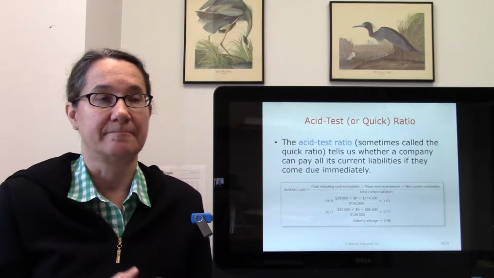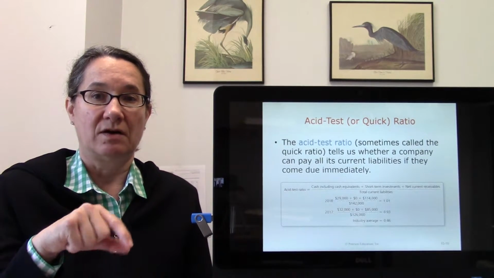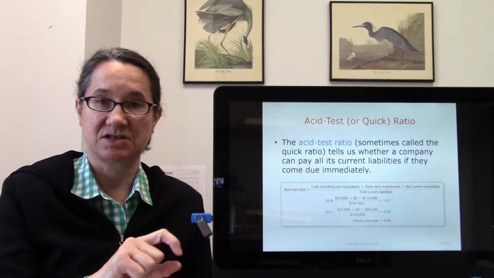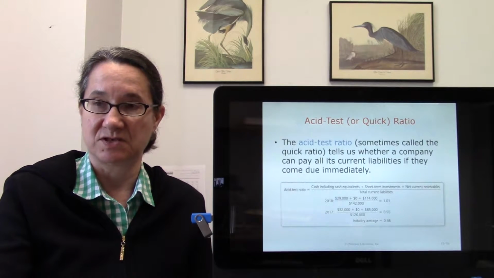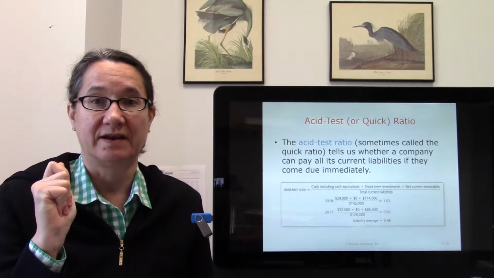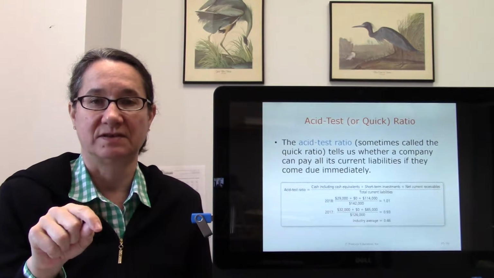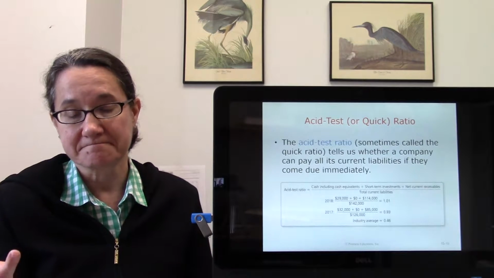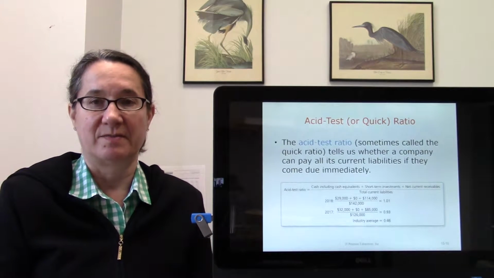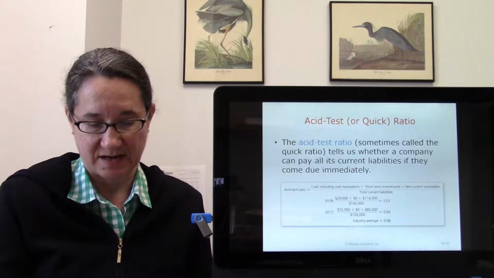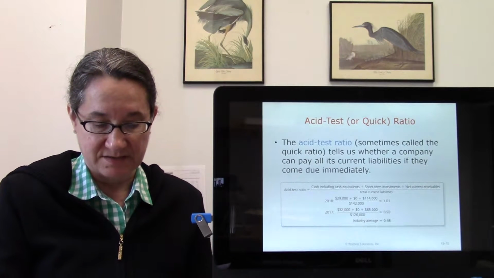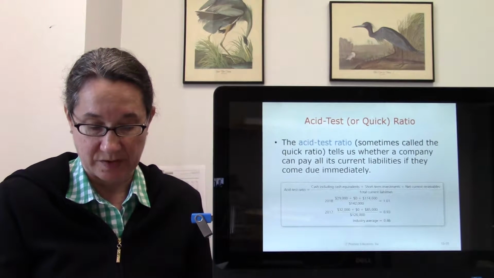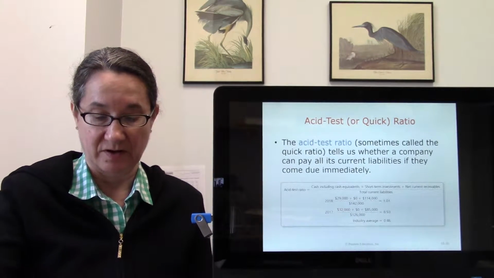This is the idea that what we have in cash right now, plus anything that can pretty quickly, within the next month, turn to cash, right? So the cash ratio is what could we basically turn into cash right now, which is cash and cash equivalents. The acid test ratio is what can we turn into cash within a month, right? Because usually you don't have to pay your current liabilities that day. You have a little time to scrape together the cash. So it's the same idea. Divide by total current liabilities, just like all of them, and you'll come up with some ratio, and it tells you how well you can cover